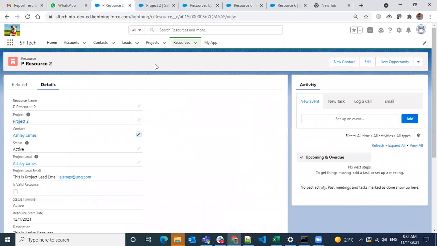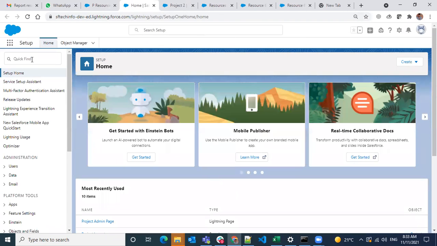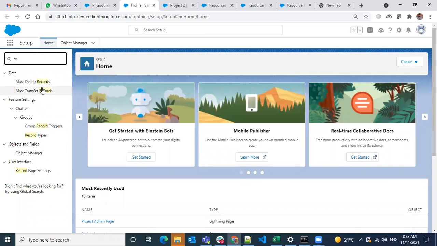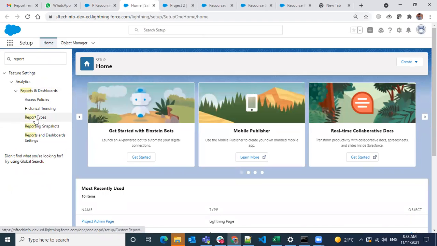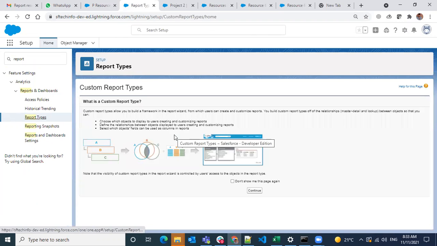Now let's look at the report types so that you will understand what it actually means. We apply filters and all, but all the data we are going to see here is based on the report type. So far we are using standard report types. Apart from the standard report types, we can create custom report types. With custom report types, we decide what data is going to be part of your reports.